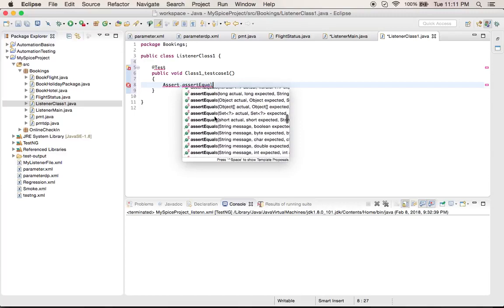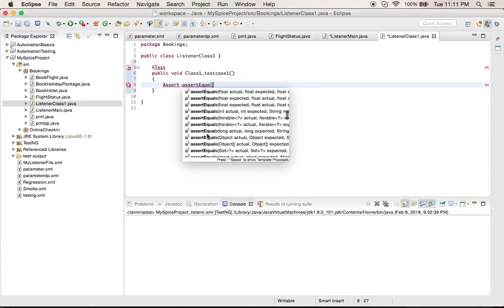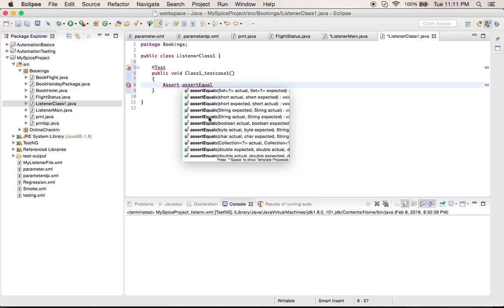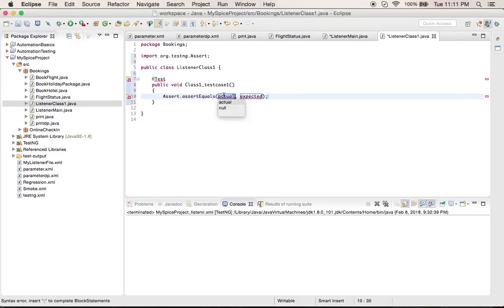I said I need actual and expected both as strings. Okay, assertEquals string actual and string expected. Alright, so my actual is hi. I can directly pass strings here. My expected is again hi. So this is a basic test case that I have written.